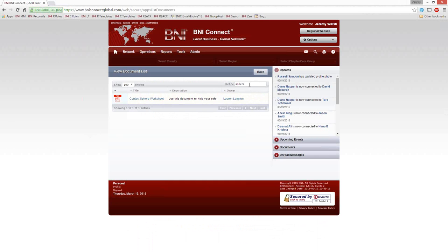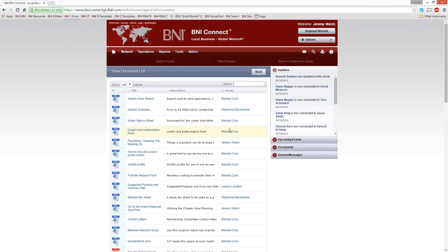Now, keep in mind that this is a regional tool, so the documents that you will see in your documents section may be different than the documents I see in my region. All right, if I click back on the Home button,